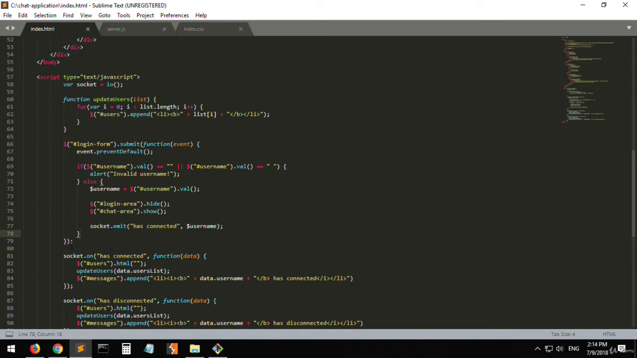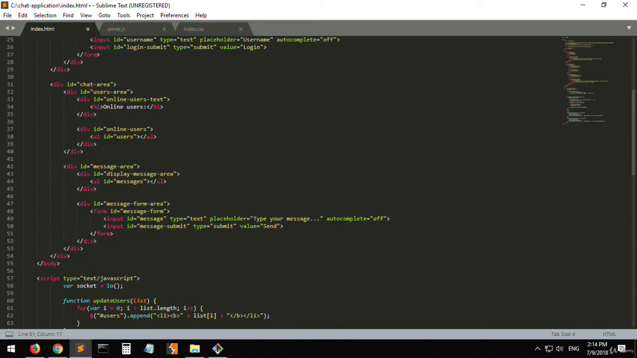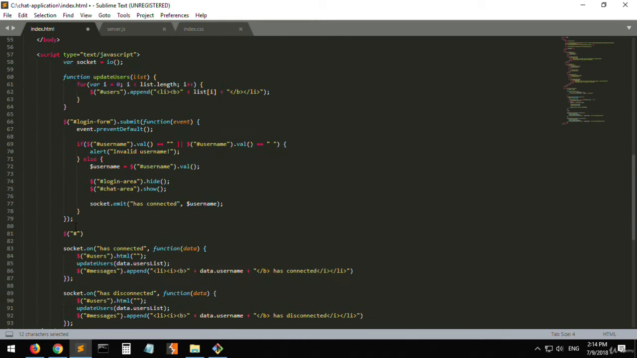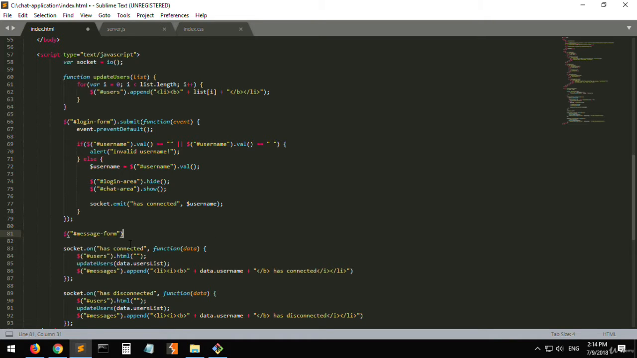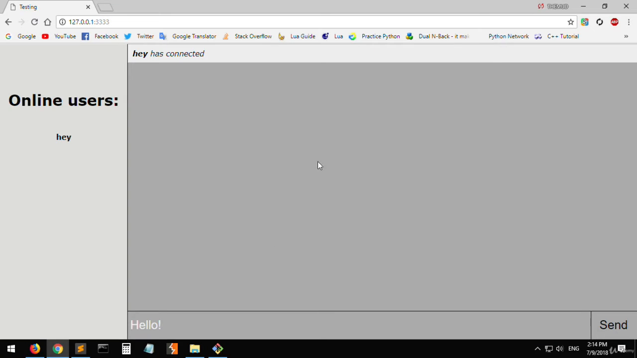Not down here actually. Let's go ahead and say not login form, let's say message form. Is it message form? It's message form. Yeah. So message-form dot submit. Okay, and it has a function with the parameter event, and we will be adding here prevent default, so that when we click send, it does not request anything from the server,